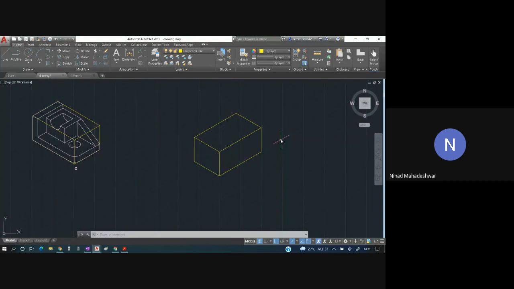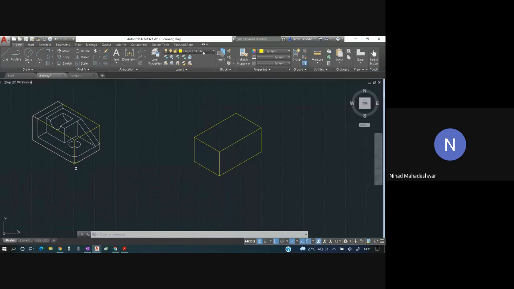So let us start to draw the front view of this entire section. Okay, let us draw the front view.